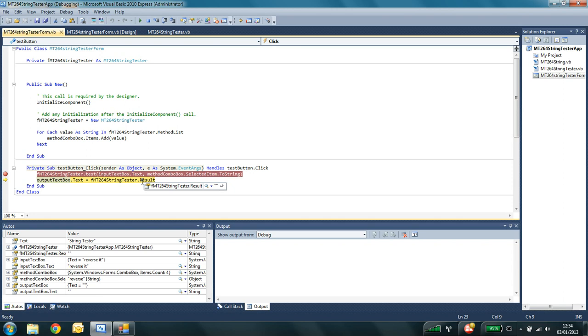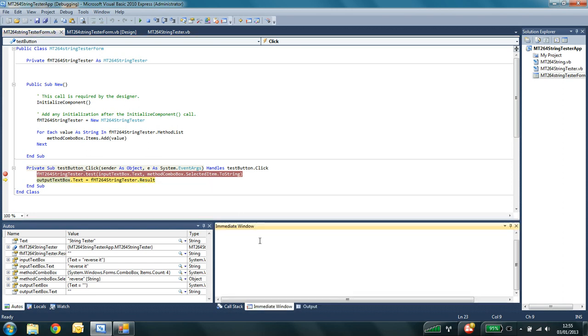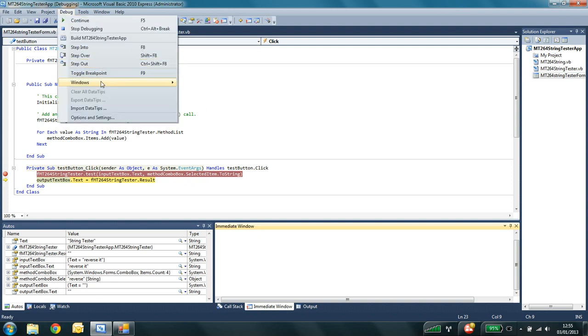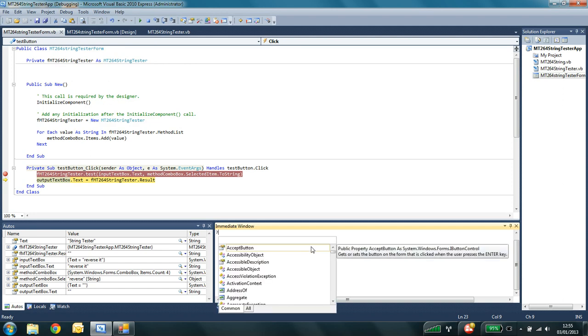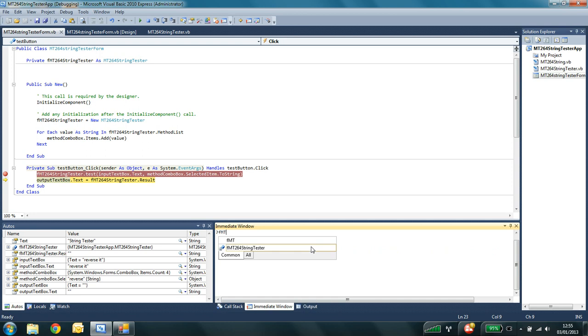Now, there's various ways that you can work out what's going on with the test method. So I think my first approach would be to bring up the immediate window, which I just did there using Control G, but it's on the debug windows. There's immediate window there, Control G. And what the immediate window allows you to do is it allows you to query things. So, for example,